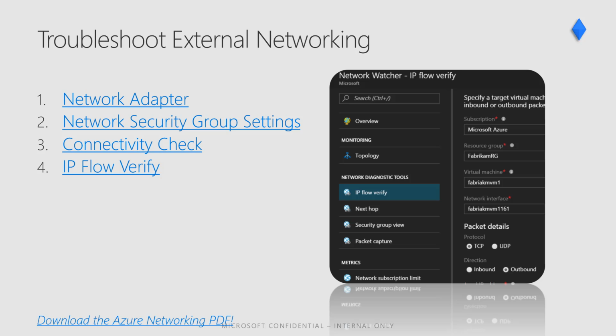Check whether the network adapter is in a failed state. Check the network security group settings. Remember that rules with a lower number will be matched first. For example, if you have a rule that has priority 1000 and 6500, the rule that has priority 1000 will